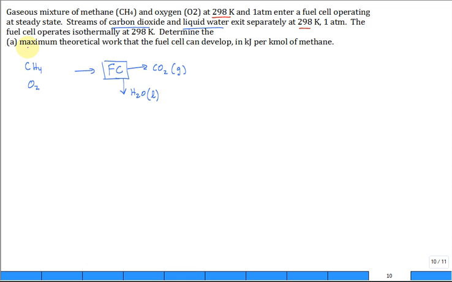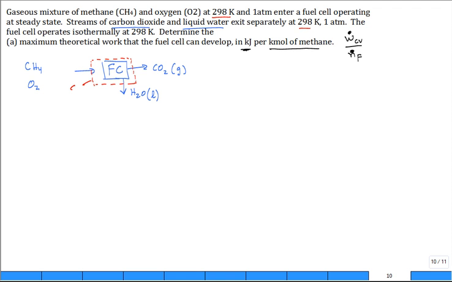Develop the maximum theoretical work that the fuel cell can develop in kilojoules per kilomole of methane. So what we're asked to calculate is W dot of the CV divided by N dot of the fuel. So won't that give us the units of kilojoules of work per kilomole of methane? I think so. And we're going to have a control volume